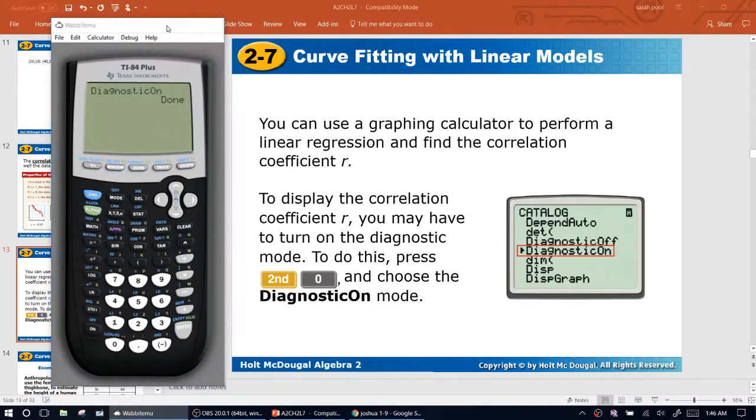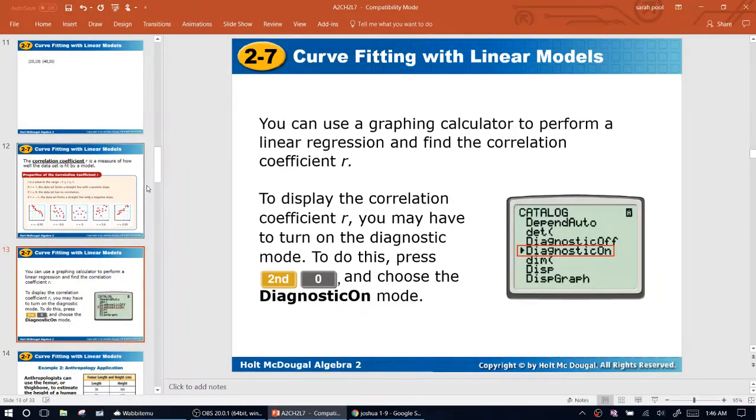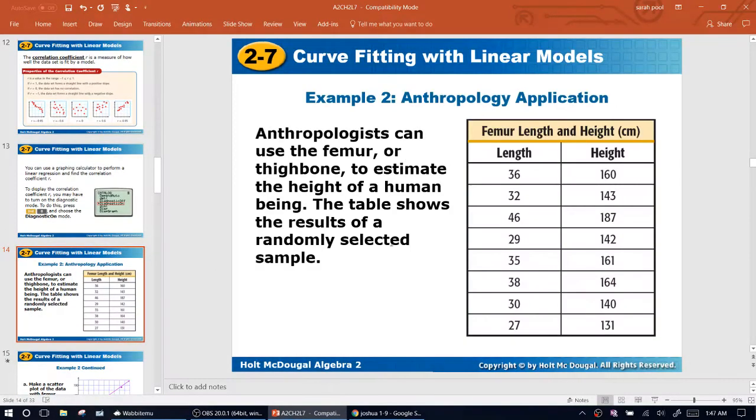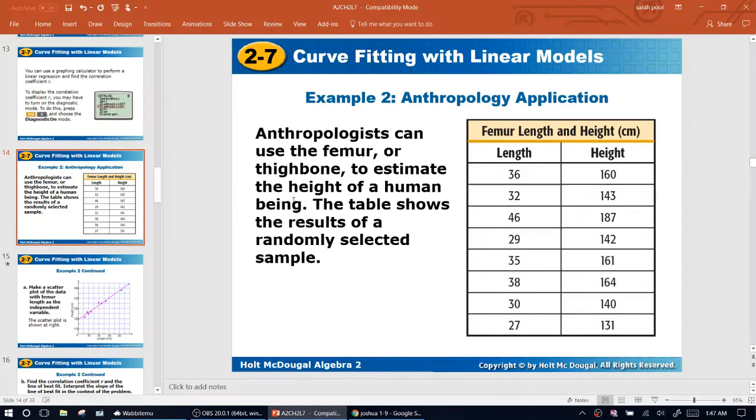Okay, so let's just move on for just a minute. We're going to have some information. I'm going to keep this page up. This says anthropologists can use the femur or thigh bone to estimate the height of a human being. The table shows the result of a randomly selected sample. Okay, so what we're going to do on this problem is we want to first just